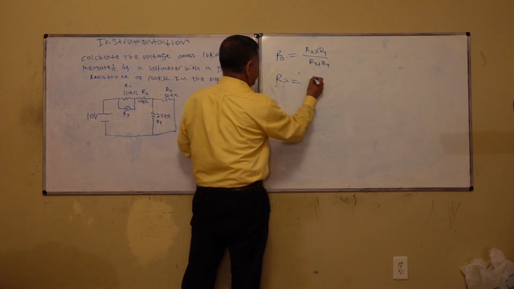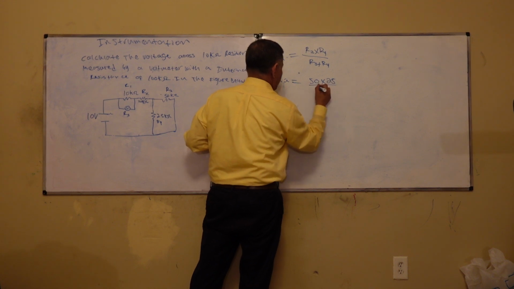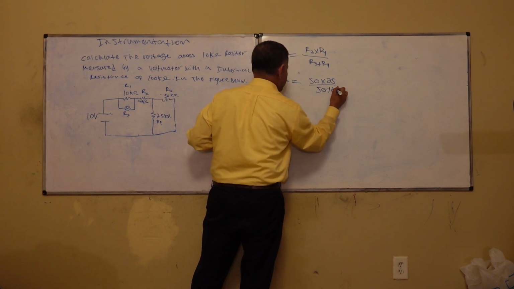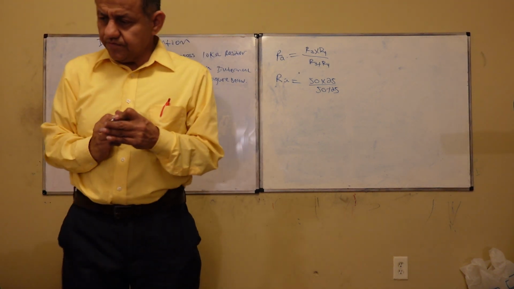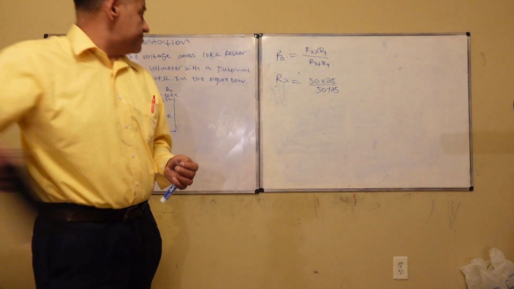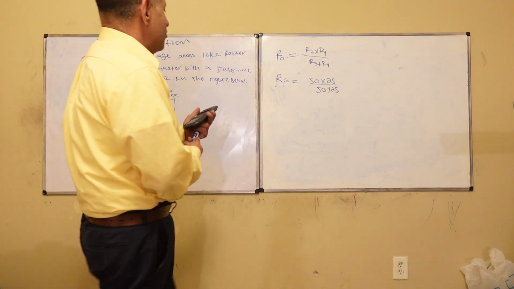RA is equal to 50 times 25 over 50 plus 25. When we do that, we get that